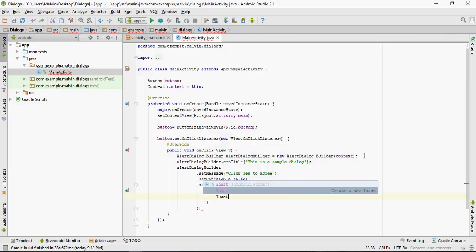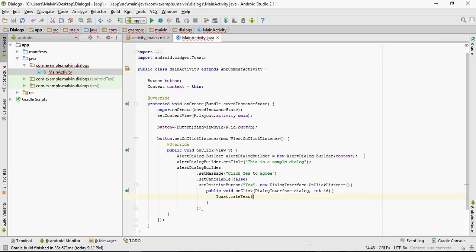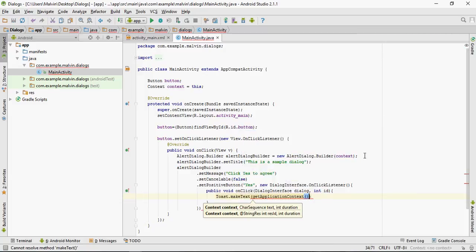So this is where let's make a toast message for the yes button. It dialogue.